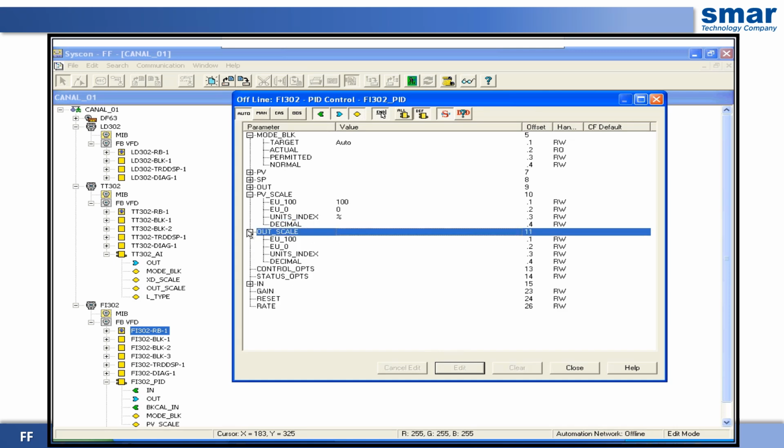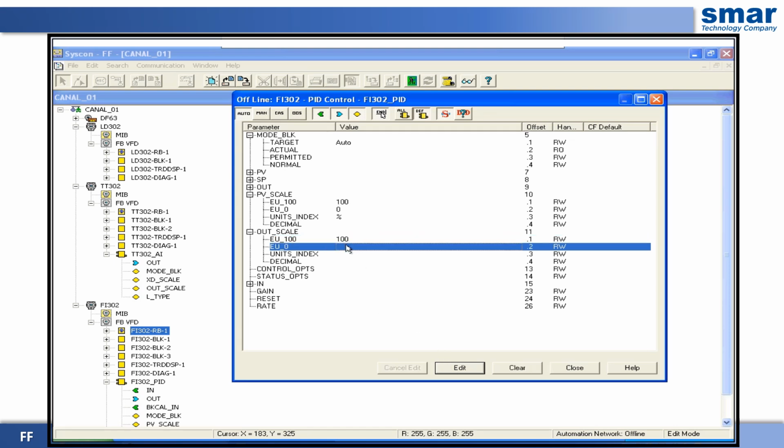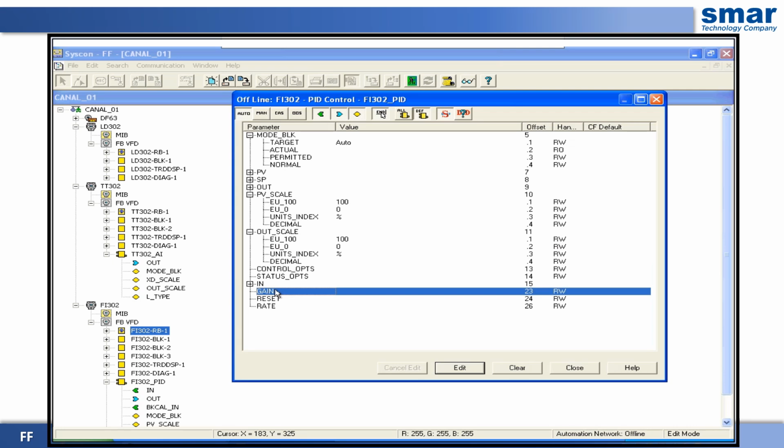As the block will output a value in percentage, we will set percentage, the PID's output scale as well. Let's add 0 to 100%, repeating the input. There will be no scale conversion.